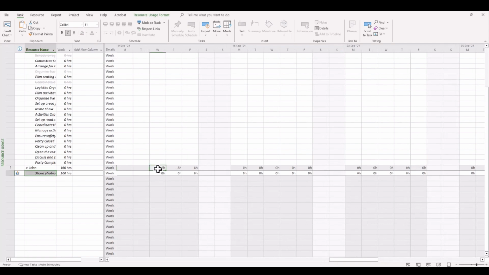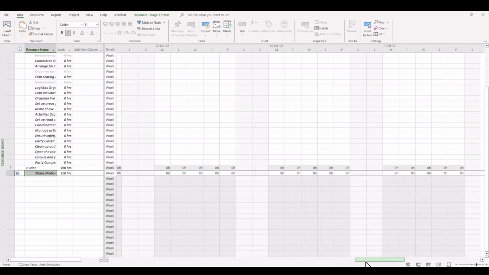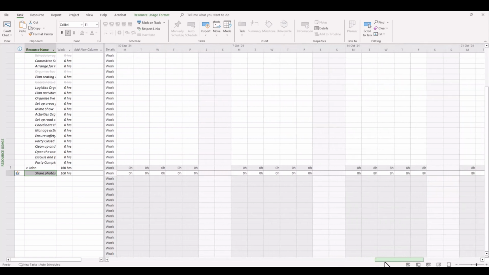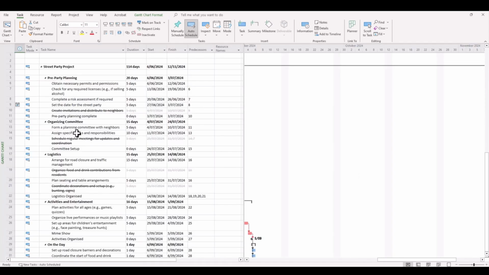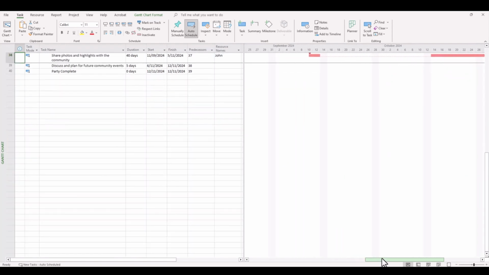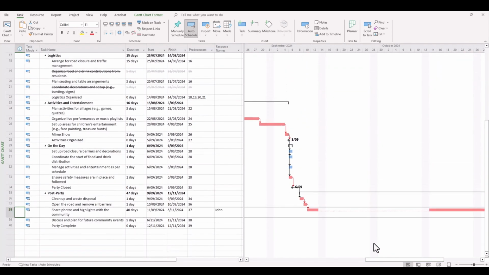he started the task in the week beginning the 9th of September, but the week beginning the 16th of September, when we had that break, you can see 0 hours have been shown there, and it's pretty much that way for a month until we recommence or reintroduce that task into the 14th of October. So I'm sure you'll agree it's a very powerful tool that can be excellent for balancing resources and for showing a true view as to what goes on when you have unexpected interruptions in your project.